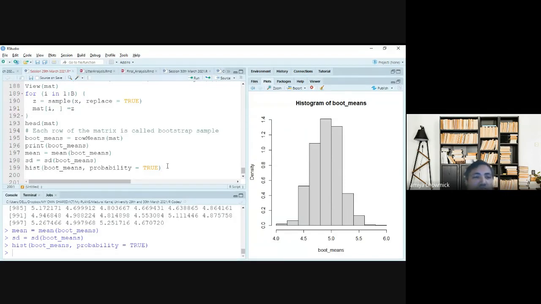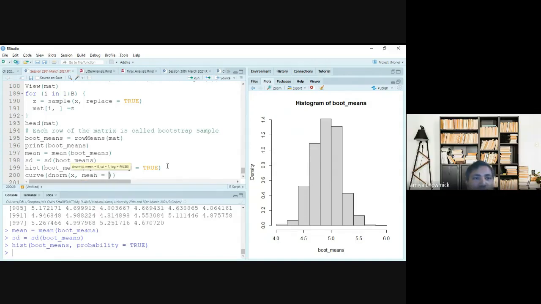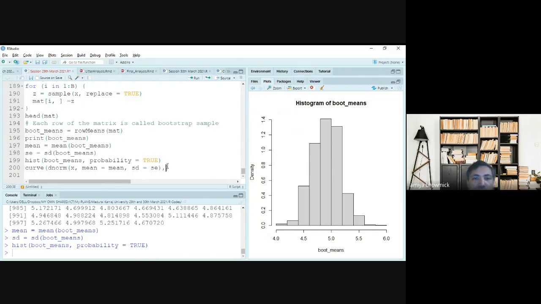So if I try to fit a normal distribution over here, using dnorm, you don't have to write it down. curve(dnorm(x, mean = bootstrap mean, sd = bootstrap standard error), add = TRUE, col = "red"), where the mean is the bootstrap mean value that you have got, and the SD is the standard error you have computed.